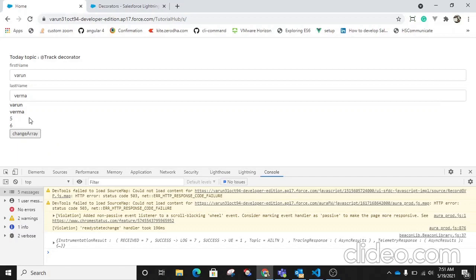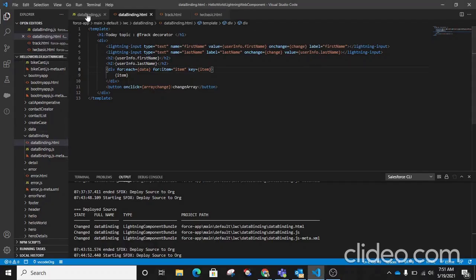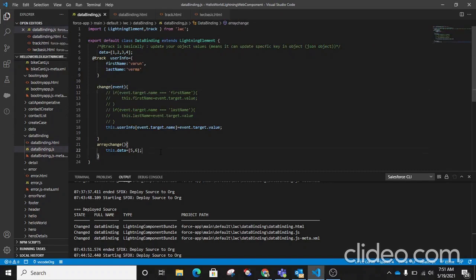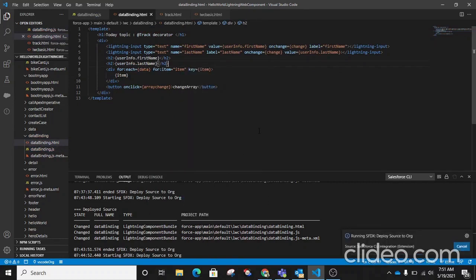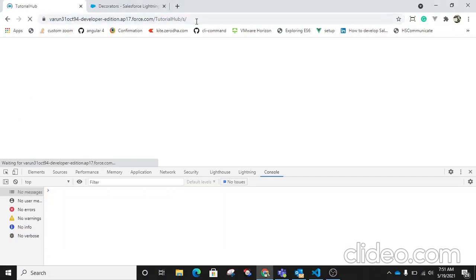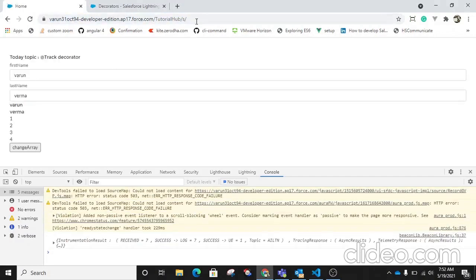But I want to update a specific index in the array. So how is it possible? Suppose I am updating index zero with the value 5. Can it update or not? Let's see. Definitely it will not update the value. You can see, guys.